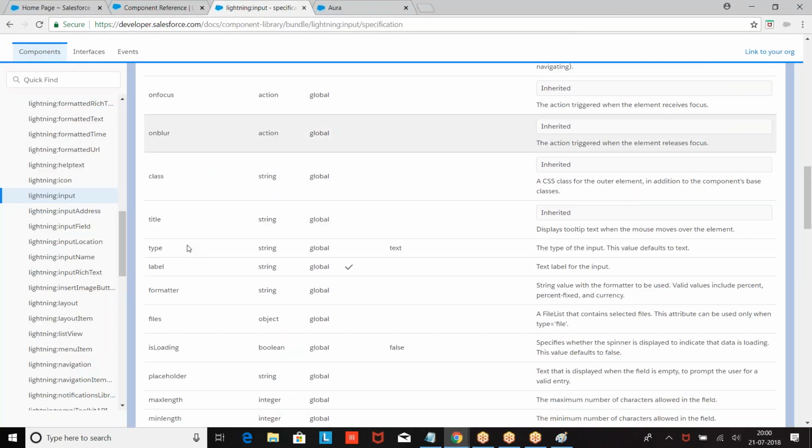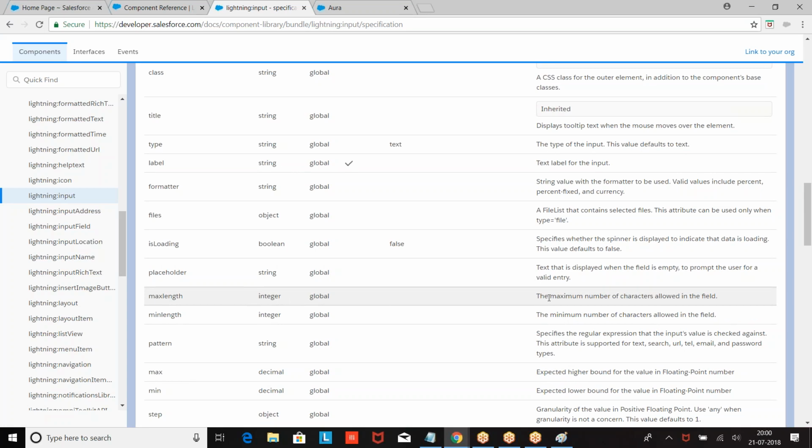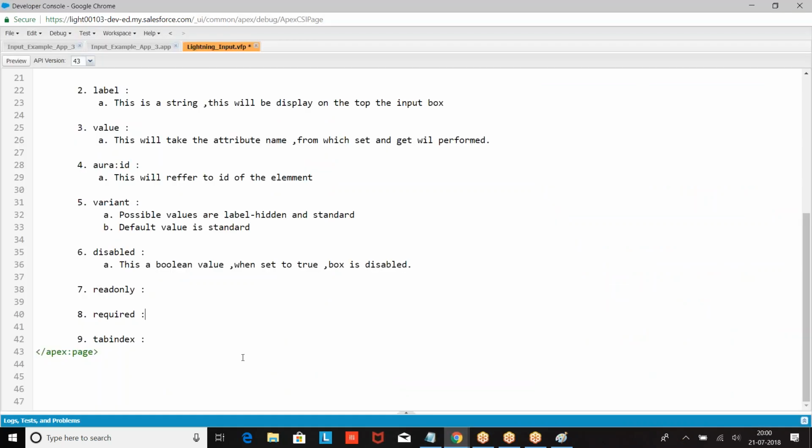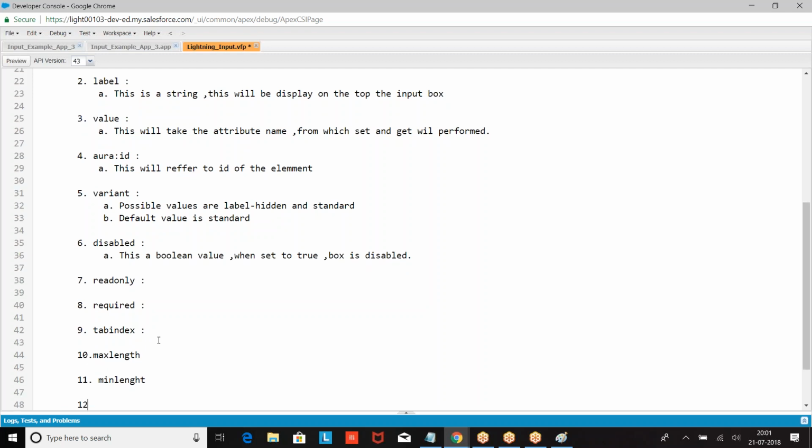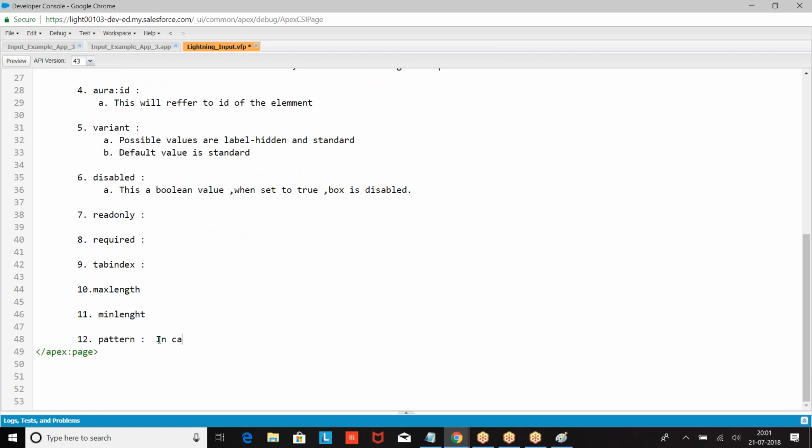Right. So what do we have? The next we had min length. What is it? Maximum number of characters allowed in the field. Minimum length of the characters. Max length, min length. In case you want to apply any validation rule here, straight away we can give it as a pattern, in case you want to apply validation on the pattern of